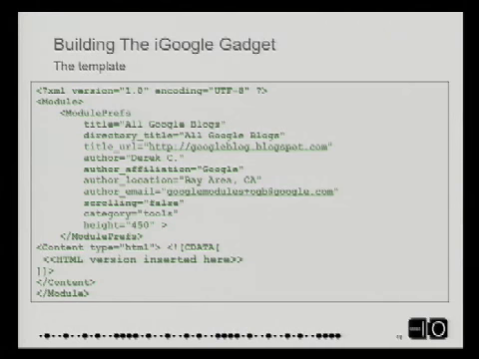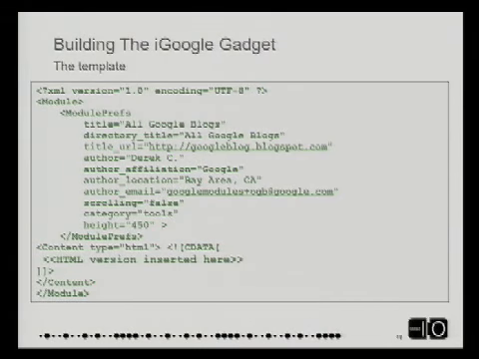iGoogle is a pretty rich environment. You can do a lot of neat things with it. We're not going to touch on a lot of them. We're just going to simply say, I have something that runs in a web page, and I just want to make it an iGoogle gadget. I don't want to necessarily do preferences yet or do anything specifically to the iGoogle environment, but I have something I really like in a web page. How do I stick it in there?